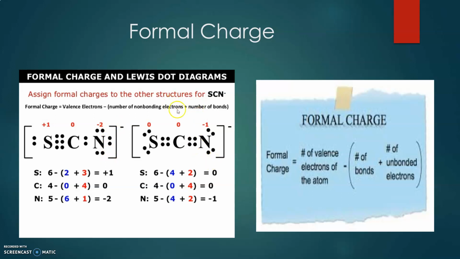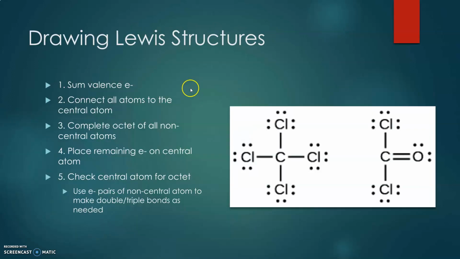Nitrogen's more electronegative here, so you want it to be negative. And again, this one's more preferred because it's closer to 0. If I go back to this structure, if you were to put a double bond in chlorine, that would kind of mess up the formal charges here. You'd have